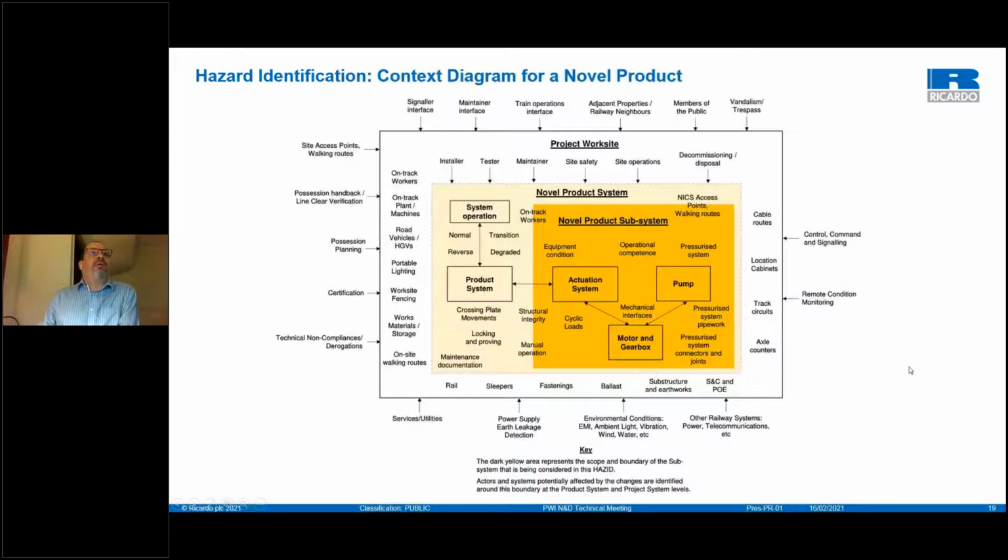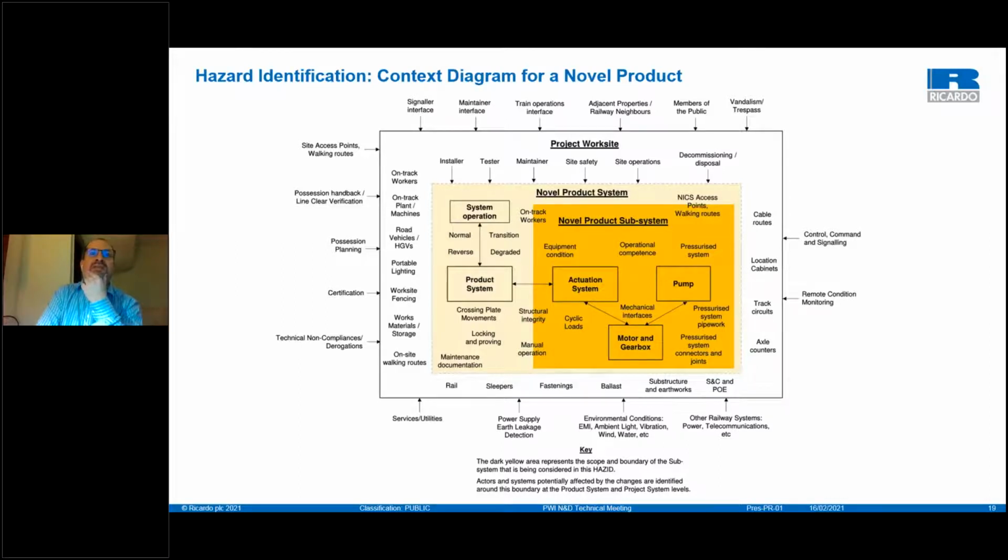Another means by which hazard identification can take place is through a context diagram. So this is a very useful, almost a word cloud that shows the scope of a hazard that considered a novel product subsystem for a piece of plant for use on the infrastructure in possessions. And the dark yellow section was the subsystem that we were considering in the hazard,